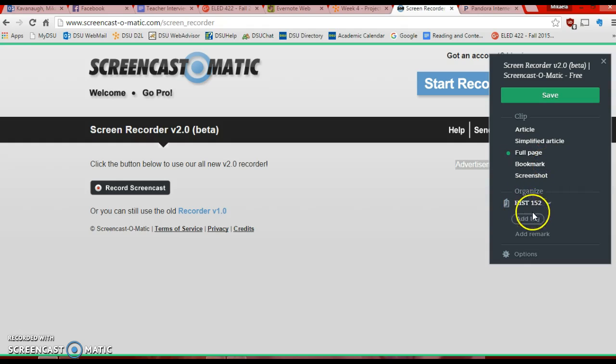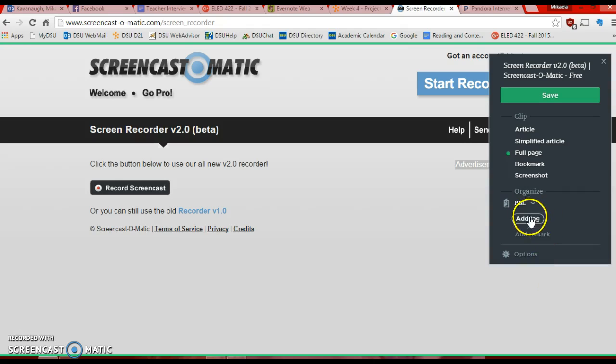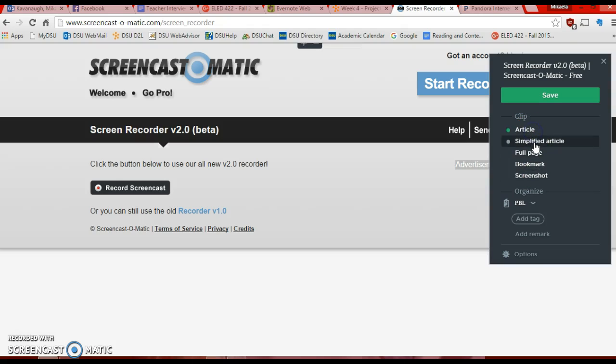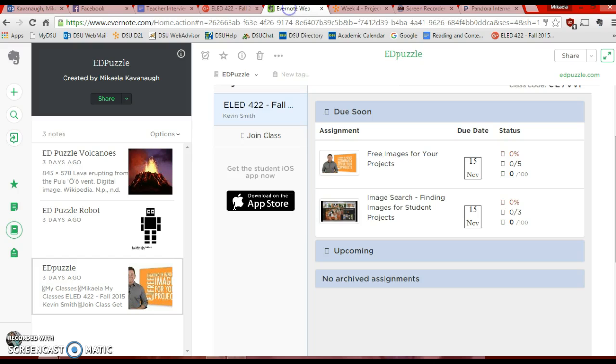and then I could add this Screencast-O-Matic to a notebook by clicking here and finding a notebook. And then I could add a tag, I could add a remark, and then I can click if I want an article or a simplified article, and then it changes it, and if you hit save, it just puts it right in there. And so that's what I did with the Ed Puzzle website,